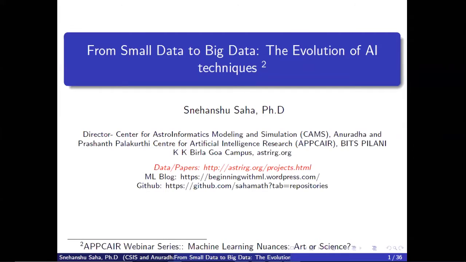So you could see there is a subheading which says machine learning nuances. Is it an art or is it a science? That's a raging debate for some time, ever since those big brothers in deep learning came into limelight, the group of Hinton, Bengio, and Goodfellow. And you know that Hinton and Bengio are Turing Award winners for 2019 for their contributions in deep learning. So I'll also briefly reference those during my talk.